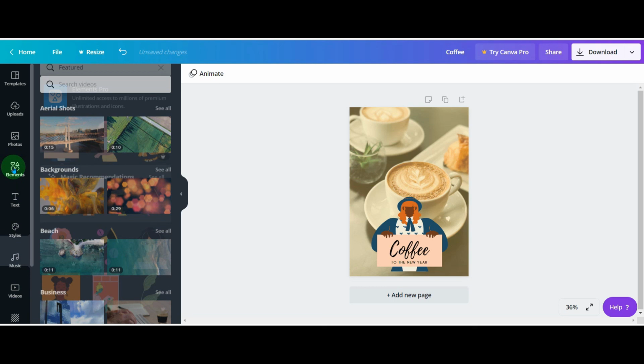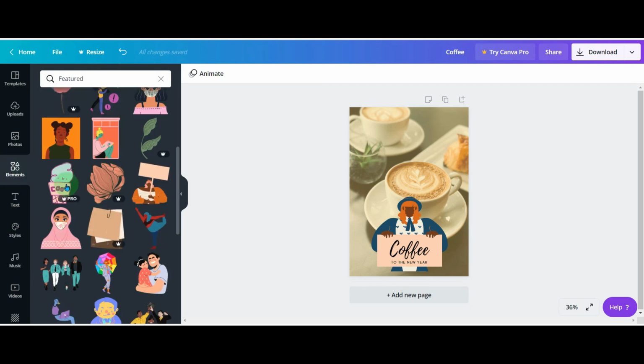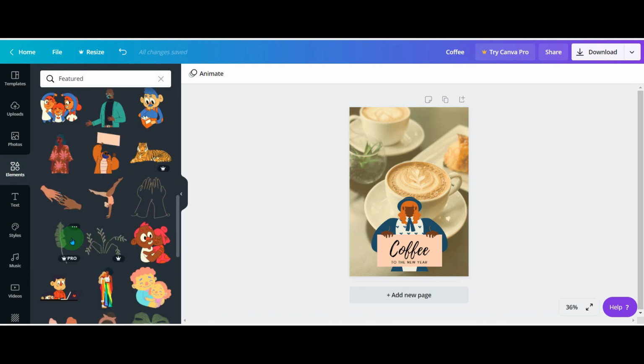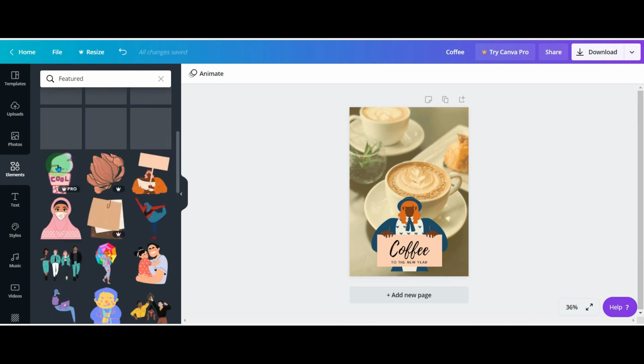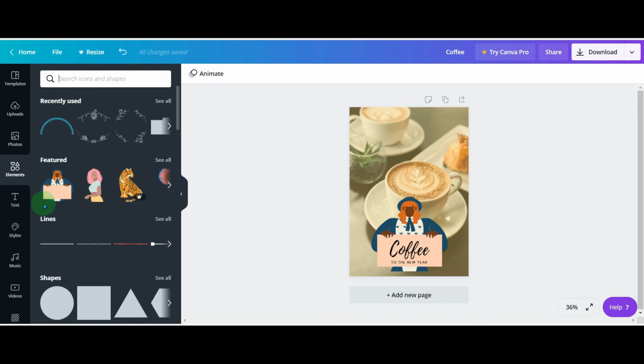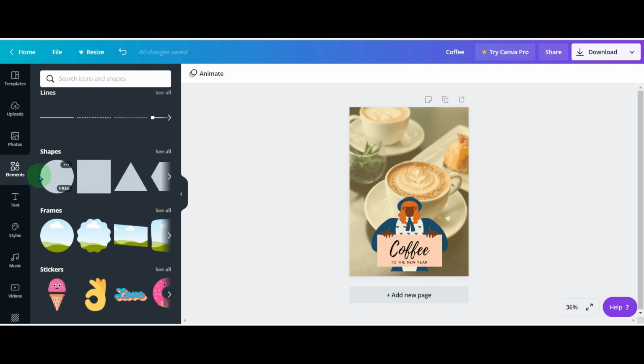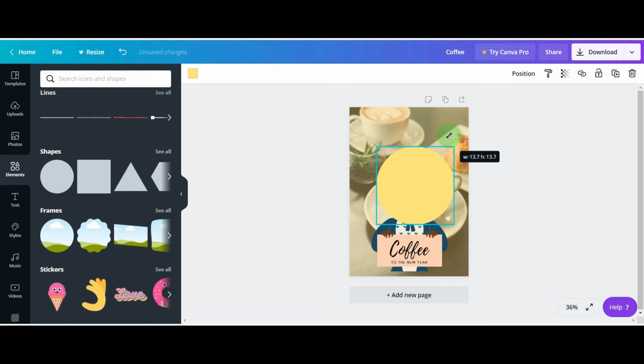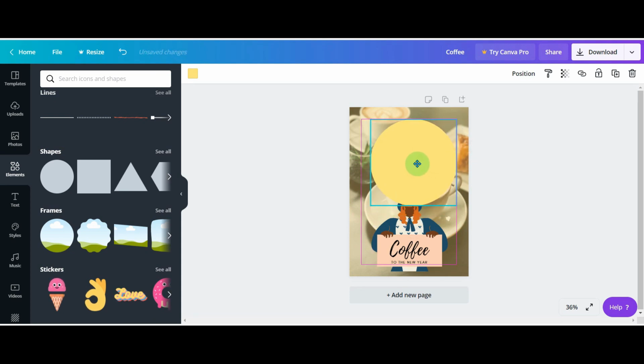You can add elements. If you want to use text over an image, I'll show you an example now. It is best to use a shape. Let's say you want to put the shape there.